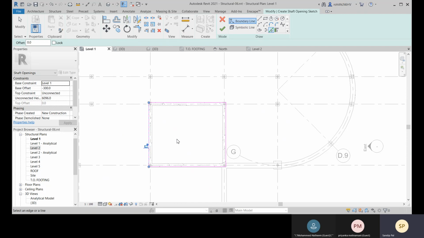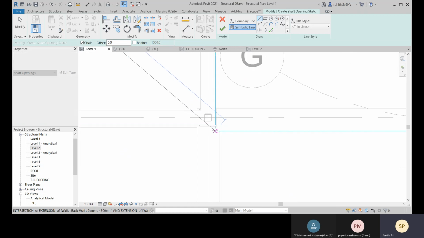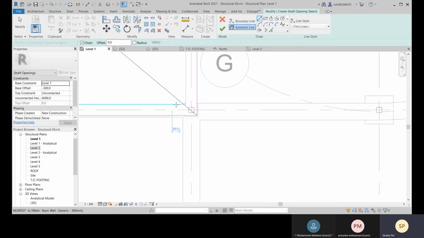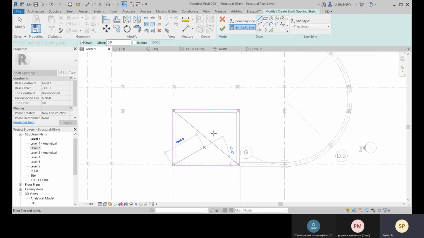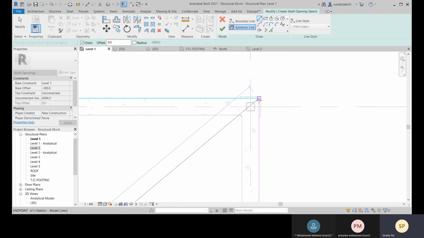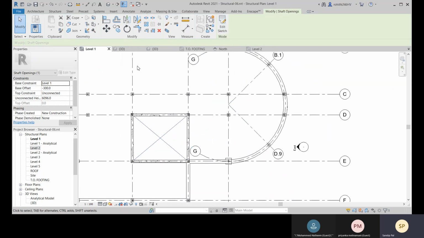Okay, and after that you place a symbolic line so that you can address this as a shaft opening, from this corner to this corner. Okay, finish it. That's done.